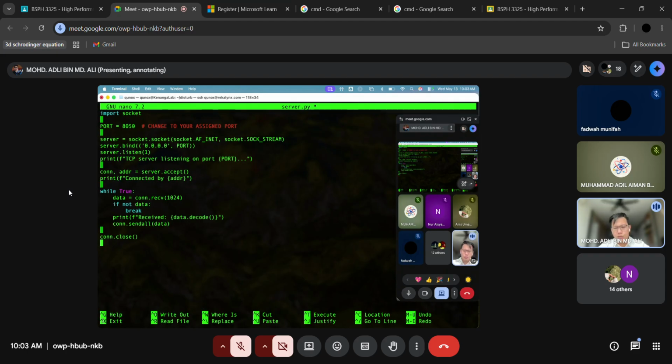Yang prosophin is control. So if want to exit, is control X, you will exit. Okay. So once you dah paste ni, paste the server, and alright, before you save, okay, I want you guys,